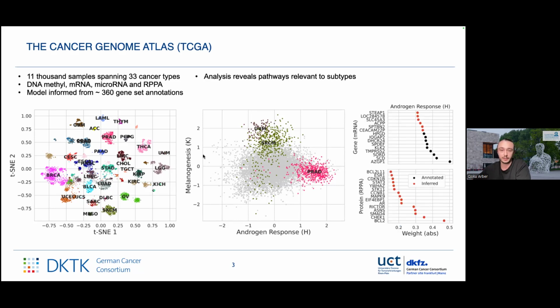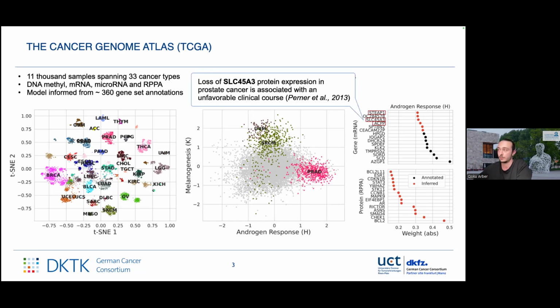Finally, we can investigate the composition of the particular factor informed by the androgen response. The black dots represent genes that were present in the gene set before training, and the red dots represent genes that have been inferred or added into the gene set during training because it was justified by the data. And on the x-axis, we have the corresponding value for the factor loading, where higher means more important. There are 2 things that we notice about this particular factor.